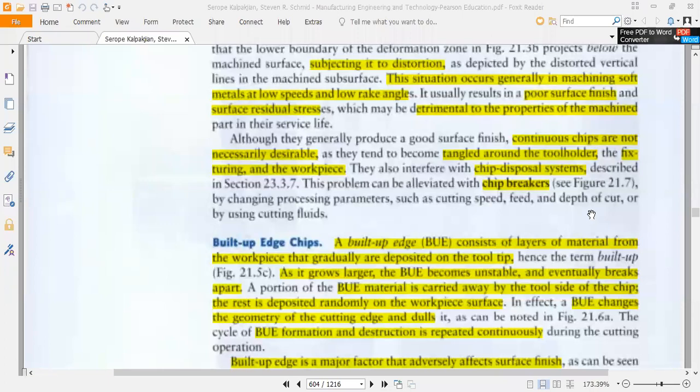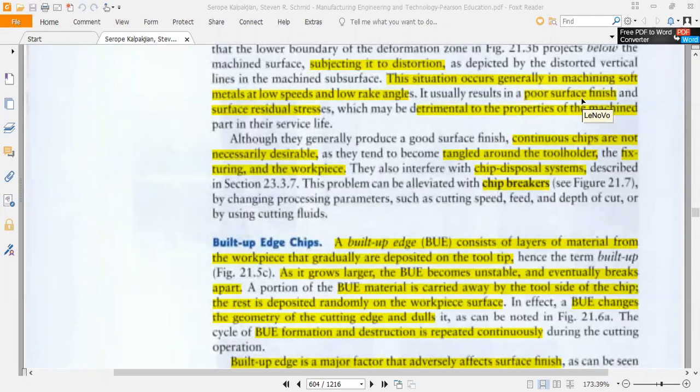if we machine the ductile material at a low speed, then instead of shearing, some distortion occurs, and this distortion line occurs on the machined subsurface. This distortion occurs generally when we machine soft materials at a low speed and low rake angle. So surface integrity and surface finish are affected. I mean that a poor surface will be the result, and along with that, the surface integrity will be